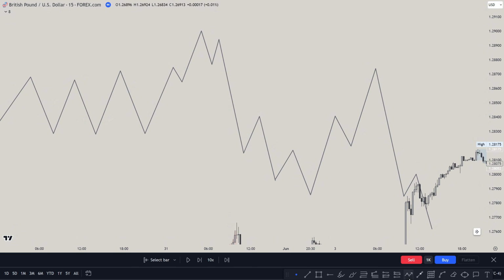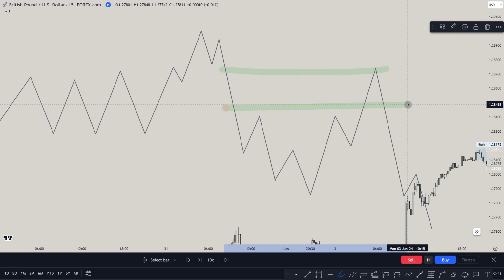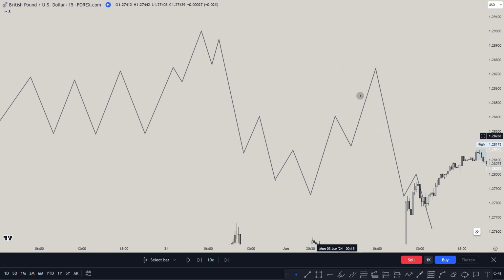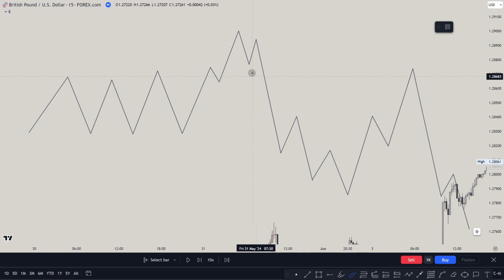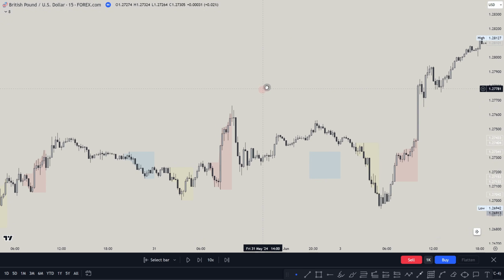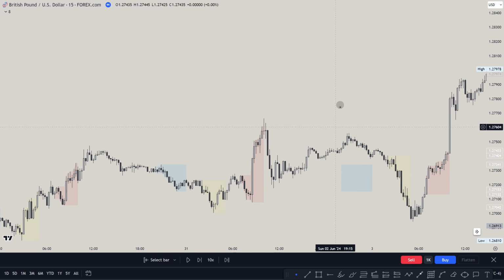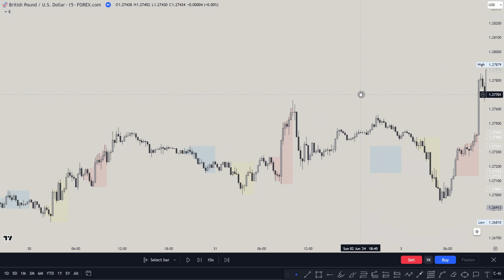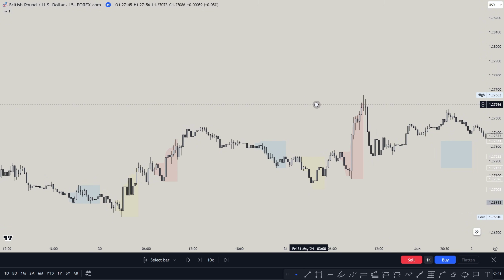Okay, so that's the best one, and I really prefer to see continuation from OTE zone. Okay, that's the best scenario, because most of the time if we see this, there's going to be a strong move, which means it's going to be a high or low of the day. In this case, a high of the day. So looking at the price action below, we want to spot that continuation pattern. It's better than the other types. And we're also going to go over the other types and see how we can actually